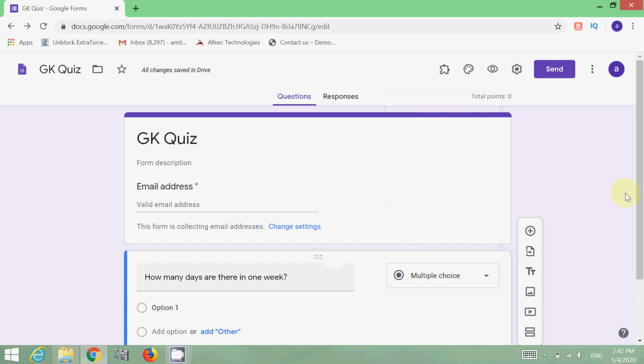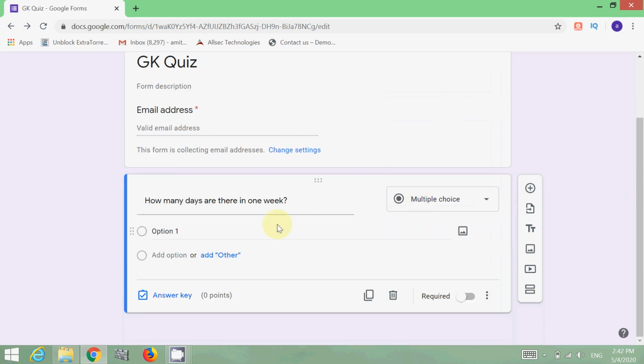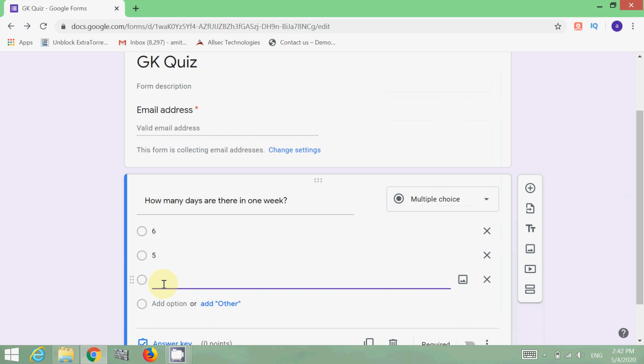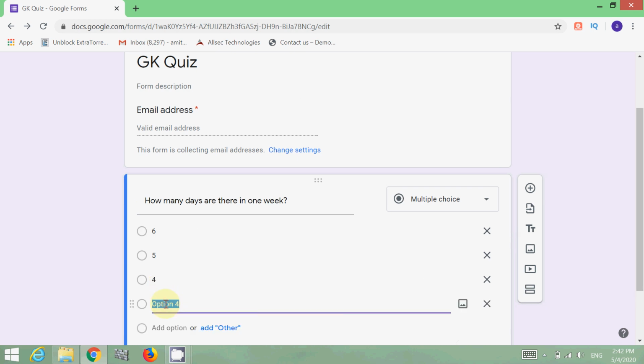After selecting multiple choice, as you can see, the option part will be opened. In the option part, you have to add the multiple options. So the first option is 6, second option is 5, third option is 4, and the fourth option is 7. And just on the right hand side of this particular option, you can see there is a cross sign.